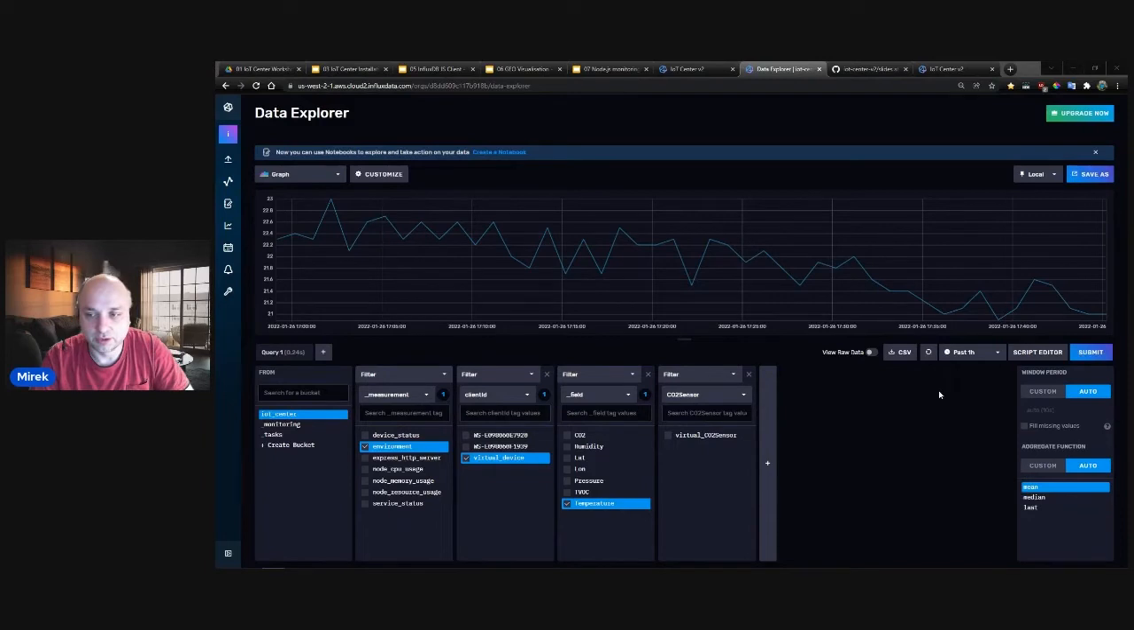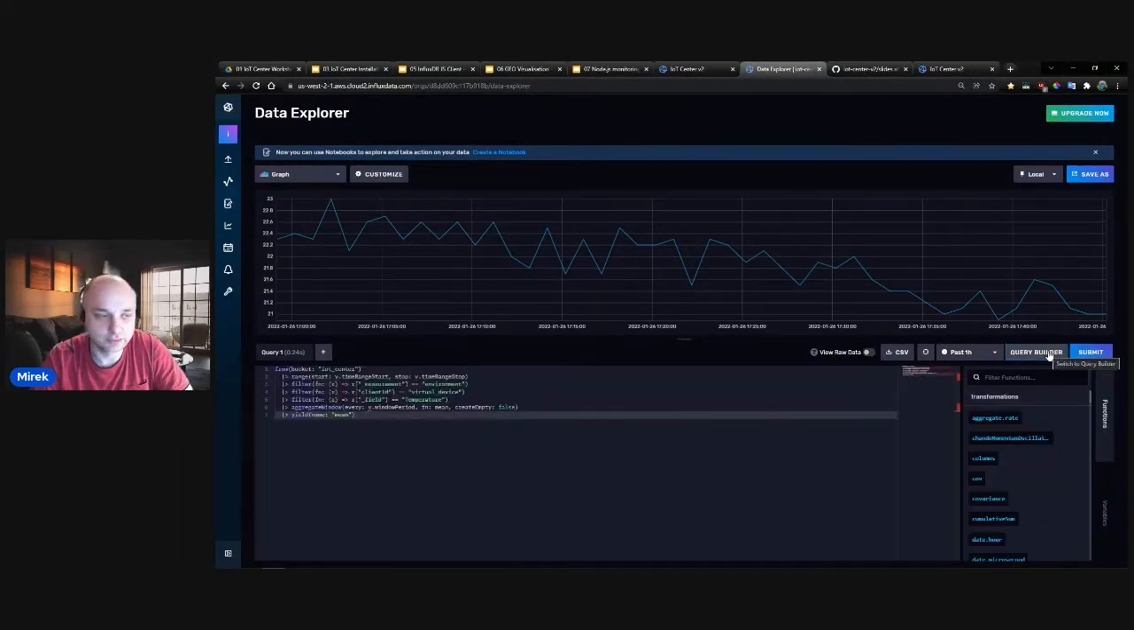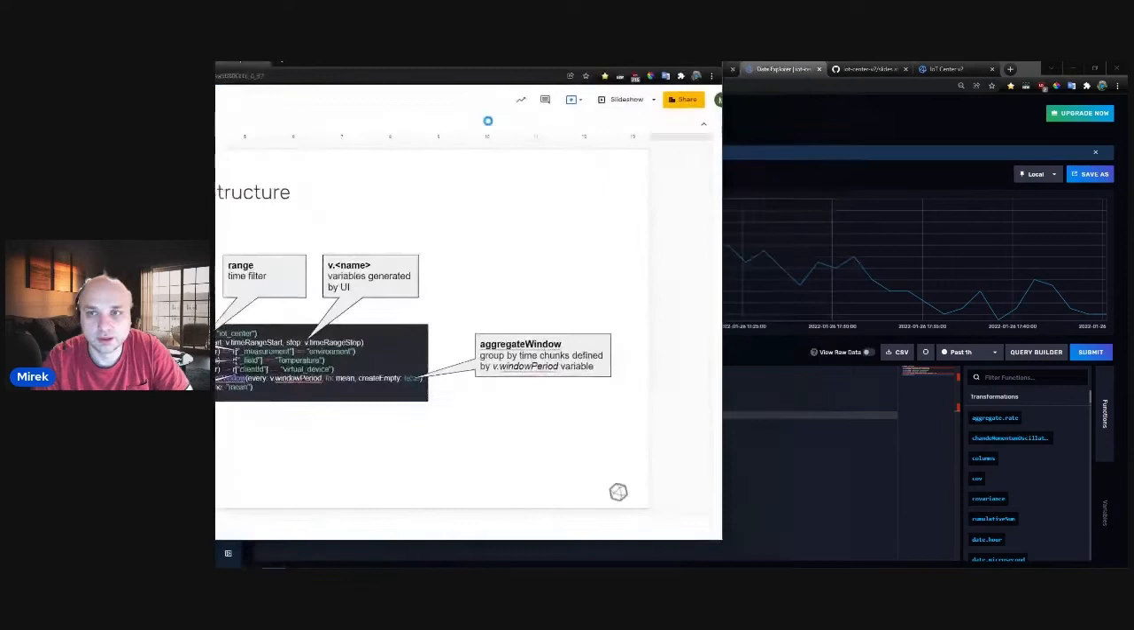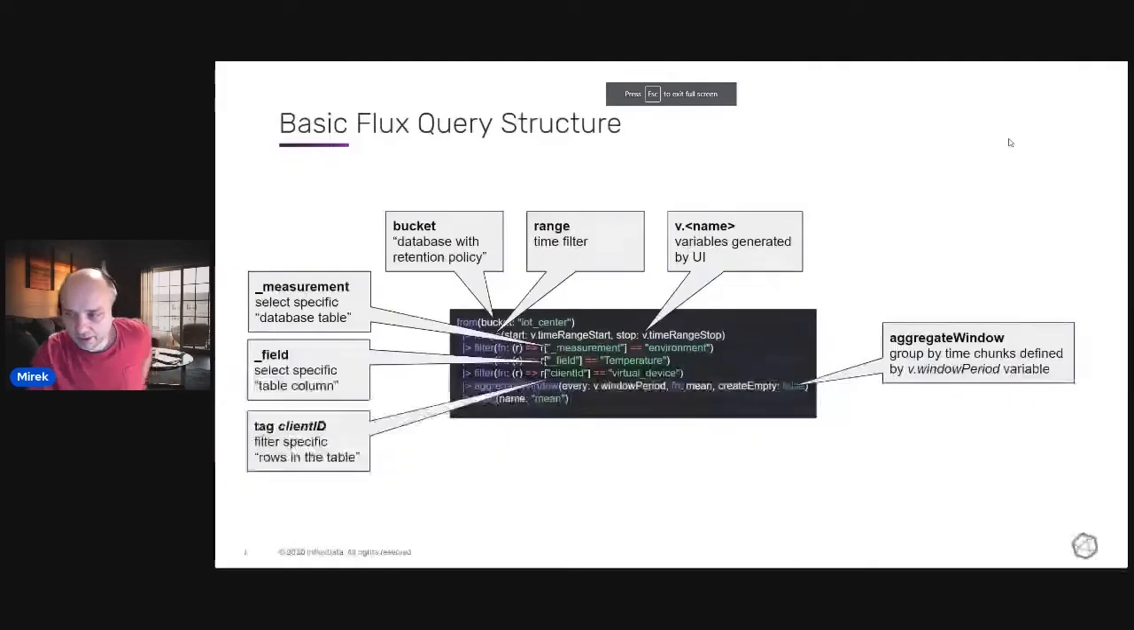Now, let's look at the Flux language. Next to the submit button, there is a script editor. So let's switch to the script editor, and you will see a command. The query builder wizard generated this command that has been executed by clicking submit, and the data has been transferred back to this dashboard, and we see the history of the data. Now let me jump back to the presentation,